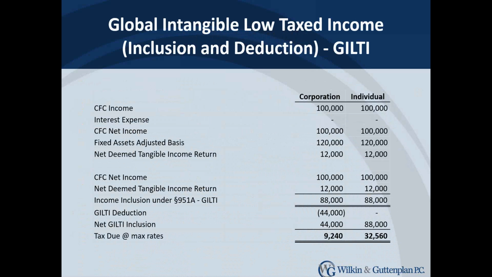I need to look at the P&L of my foreign subsidiaries far more carefully. I need to be sure to convert that trial balance to a U.S. tax basis, as if that foreign CFC was filing a U.S. tax return, and do this calculation. So what used to be a very routine matter is now no longer routine. And like I said, the word intangible is here, but it just as easily could be a restaurant in a foreign country. There's no indication that it's intangible.